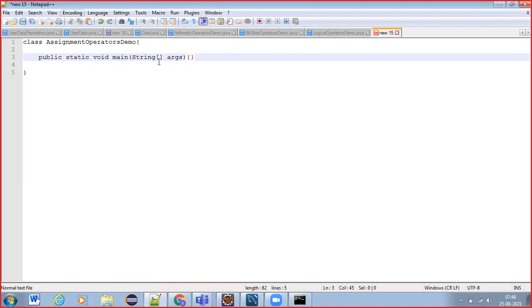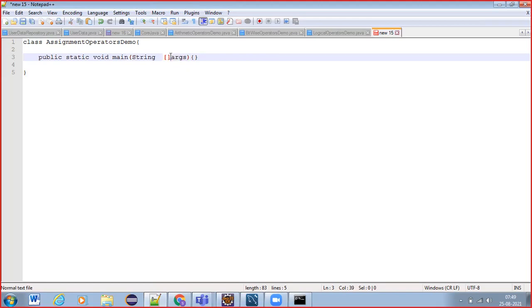So these square brackets you can place either after String or after args, anywhere you can place, but you cannot write like this, before. You cannot write like this. It will be an error.